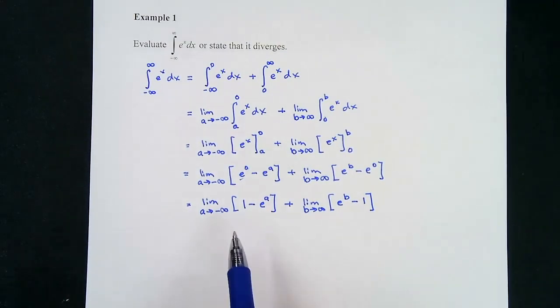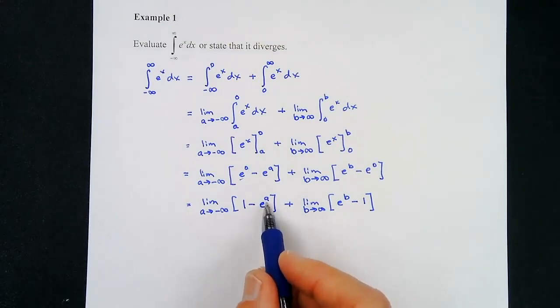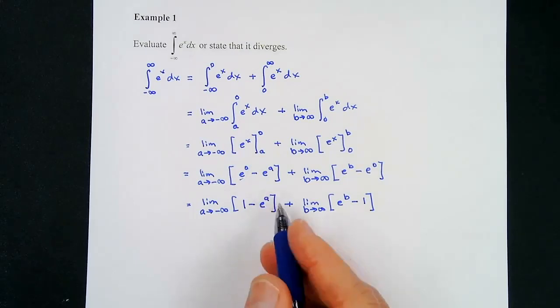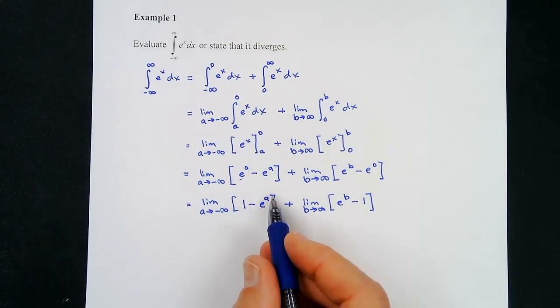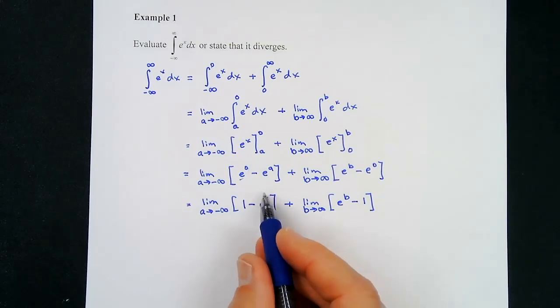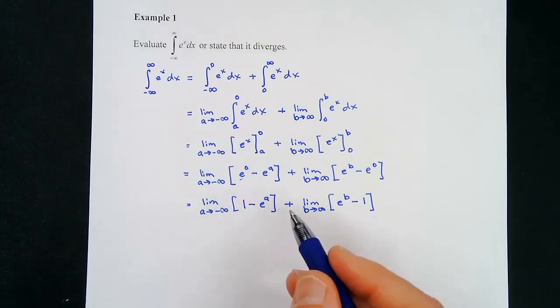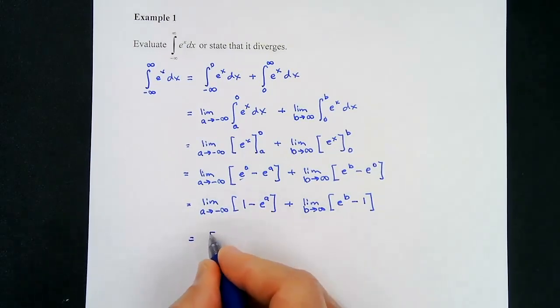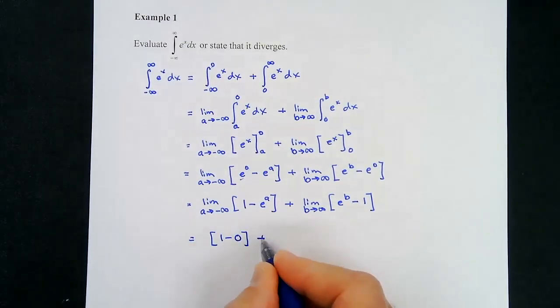Okay, so if we evaluate this as a goes to negative infinity, we have to think of that as being a really big negative number. Well, that's going to be an exponent, so this is going to be 1 over e to the positive number, right? So the denominator is going to get really, really big, so this is going to get closer and closer to 0. So the limit of this would be 1 minus 0, so this is equal to 1 minus 0 plus